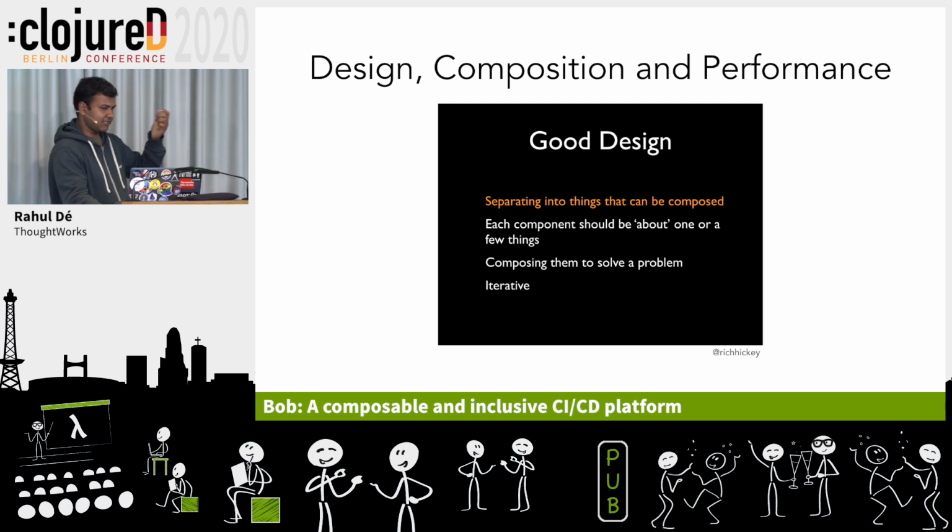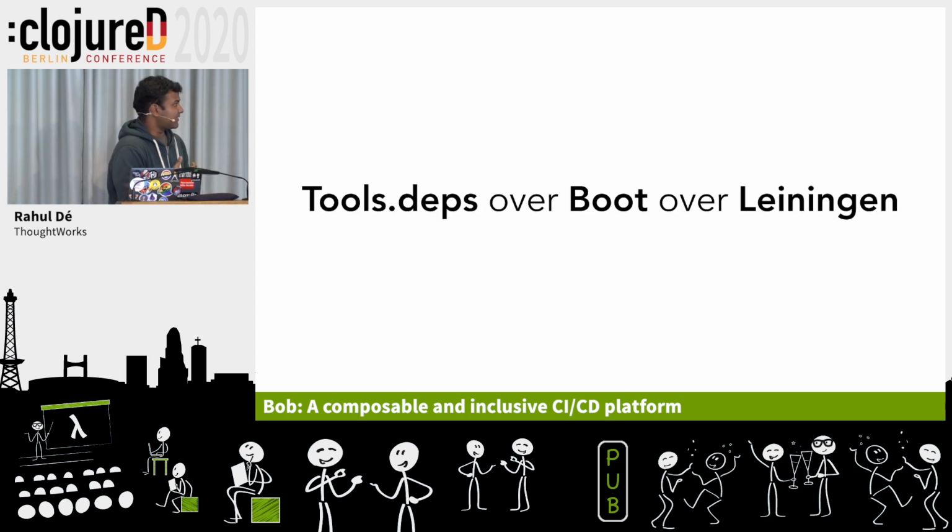So can we see some examples for this? This is Clojure specific, so Leiningen is something that we use a lot. Boot, people who are familiar with Boot, it's a bunch of functions that you can compose together, and then you can use normal Clojure code. But tools.deps is what comes from Clojure core, but it only cares about classpath building and downloading of dependencies. But you see, each one is more purpose-built than the other, and they do less and less things, but they do it pretty well. So I'm saying, choose more purpose-built tools.